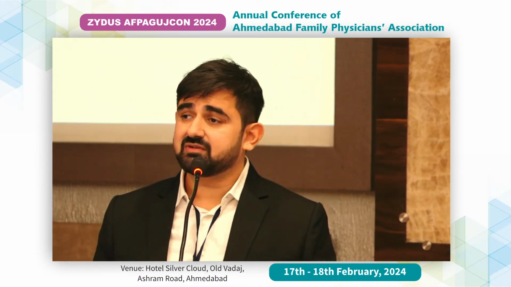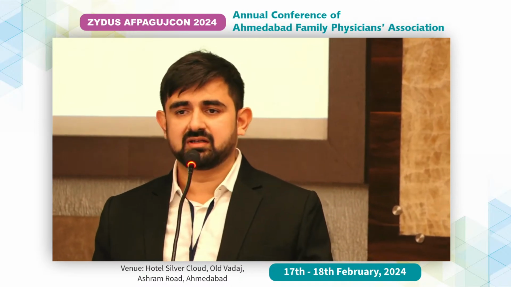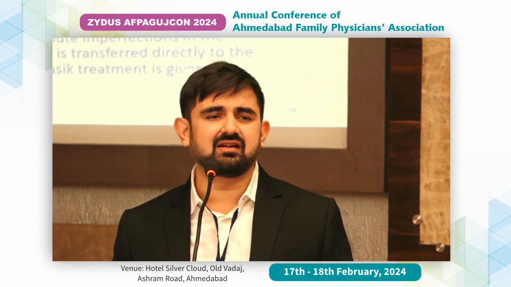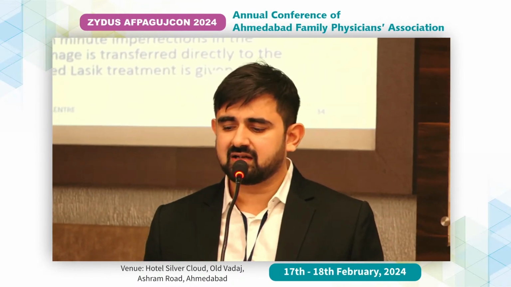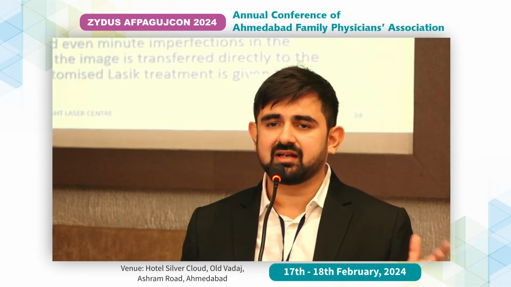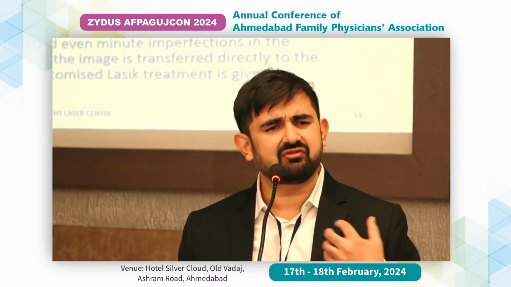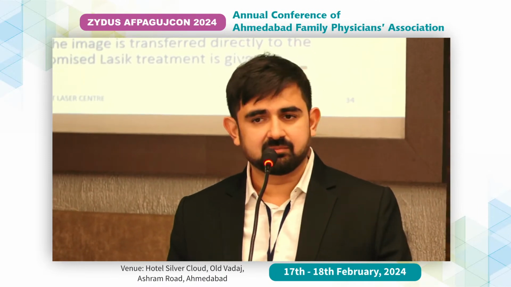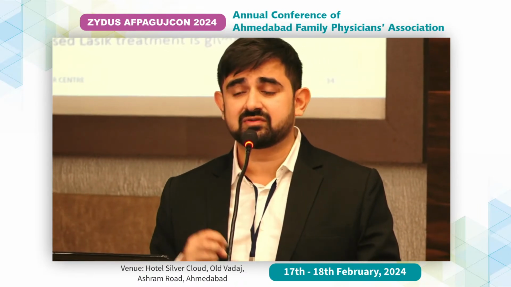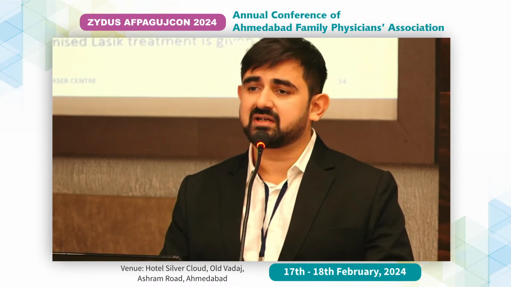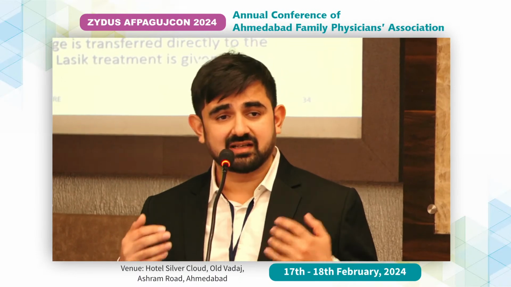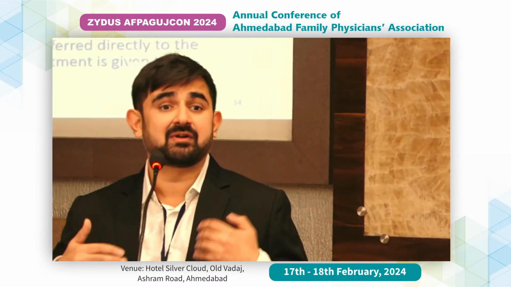Now comes the fourth generation, which is right now the most popular, the Contour Vision. Contour Vision is not a different machine, but a kind of treatment profile. It marks your cornea at 22,000 points, which helps us create a topo-guided treatment. We all have natural defects in our eyes, which we call aberrations. We detect the aberrations and clean them. This technology gives you superior vision, more than 6 by 6, which is 6 by 5 or 20 by 10 as we say.